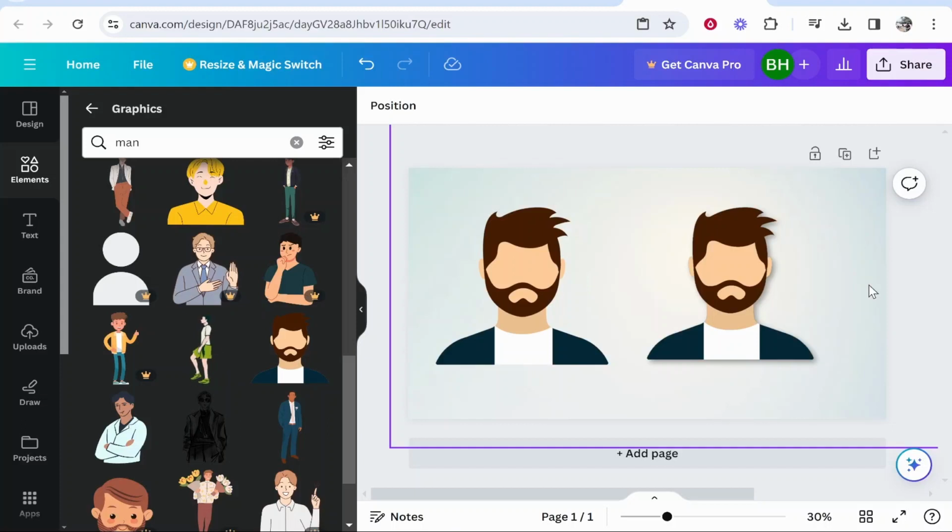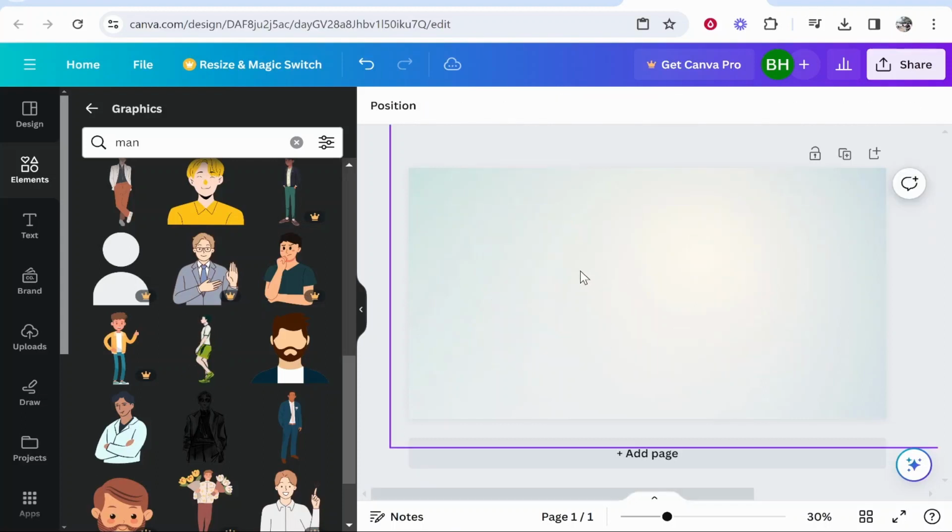Now, I know some people are having problems with adding shadows. Some people, when they drag in an image, it recognizes it as an image and therefore doesn't allow them to add a shadow. And some people, when they drag it in, it recognizes it as a photo and it allows them to add a shadow. So there are two different ways of adding a shadow I'm going to show you in this video. So what I'm going to do is go ahead and delete these